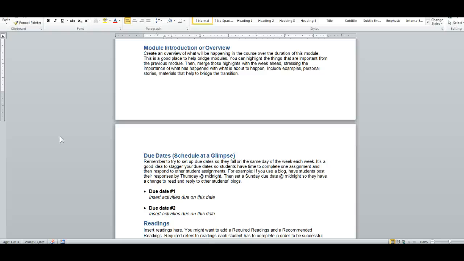Okay, so we created our module, and now the next part of the template gives you ideas of the pages that you might want to think about including inside the module. Remember, whatever you do, you want to make sure that you keep it consistent from week to week. So if you're going to use an introduction, use it every week. If you're going to put due dates in there, make sure you do that every week. So students will get used to that and they'll know exactly what to look for and what to expect from